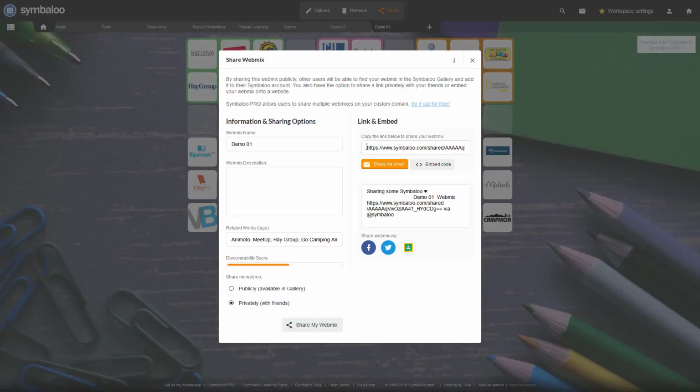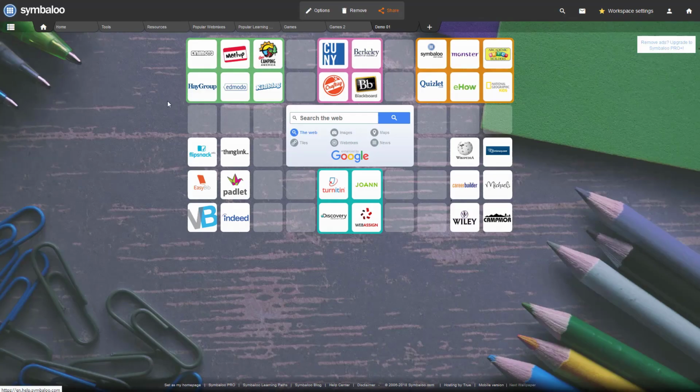This gives you a custom link that you're able to share with whomever you like, and you can also send it via email, or copy it to your clipboard or share on social media. We'll get into embed code in a further video, but what this would allow you to do is embed your Webmix onto your own website using the HTML code that's available here. For now, I'll exit out of here,